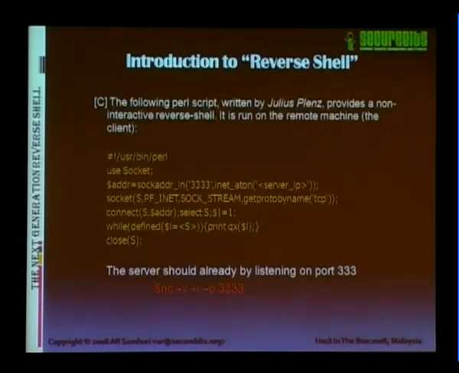Here is a very small script, for example. Let's say you have compromised a system, and that system doesn't have SSH or Netcat. Here is a small script, a super script developed by Julius Blends, and it initiates a connection back to the server,